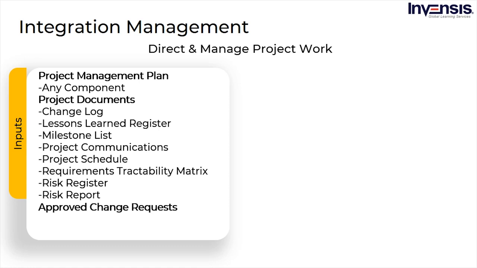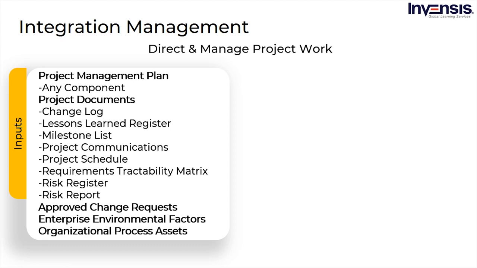Then, we have approved change requests, which is a sort of change request that has gone through a series of integrated change management processes. Then, enterprise environmental factors, which include internal and external environmental elements that might influence a project's success, such as organizational culture, the structure of the company, and political climate both inside and beyond the country. And in the end, we have organizational process assets. PMBOK defines this as the plans, processes, policies, procedures, and knowledge bases specific to and used by the performing organization.